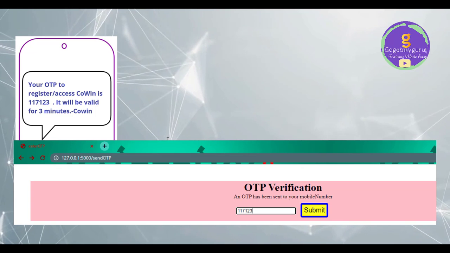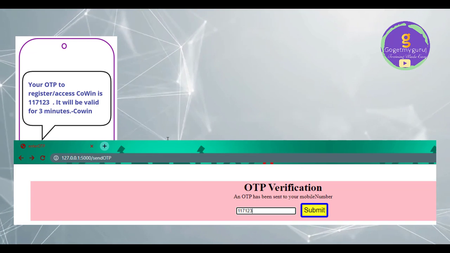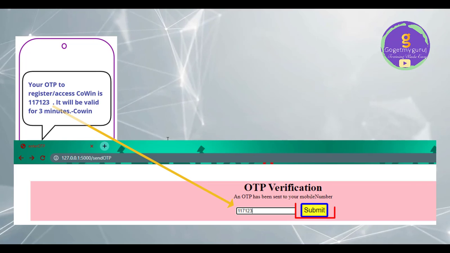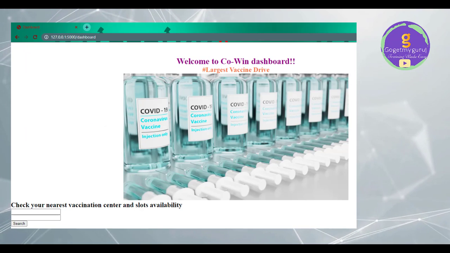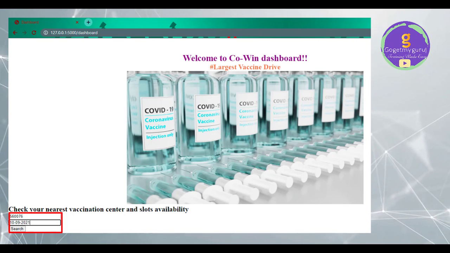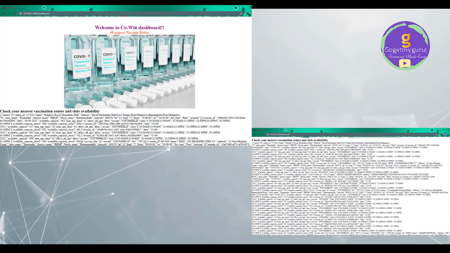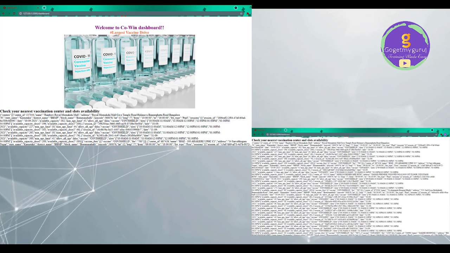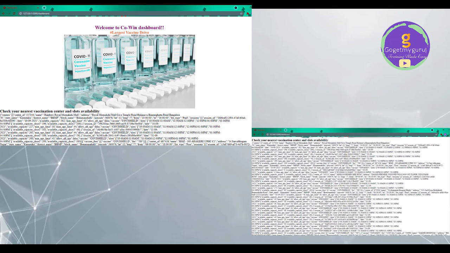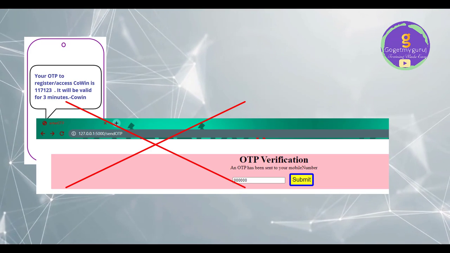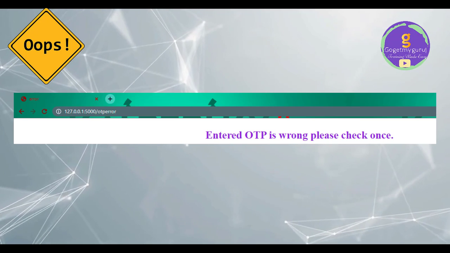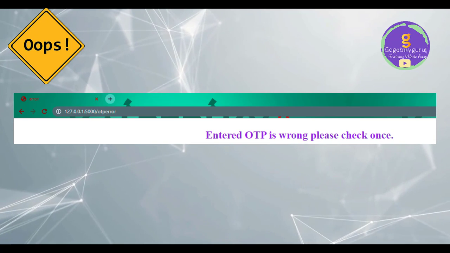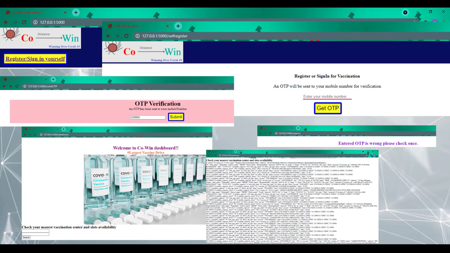Here the user will enter the OTP and click on the submit button. Then the user will get the Cowin dashboard page. Here, when the user enters a PIN and date, the user will get slot availability for the COVID vaccine for that particular PIN and date. If the user enters a wrong OTP, then the user will get an OTP error page saying the entered OTP is wrong. I hope you understood the scenario.